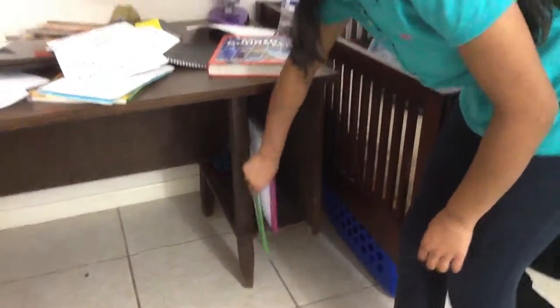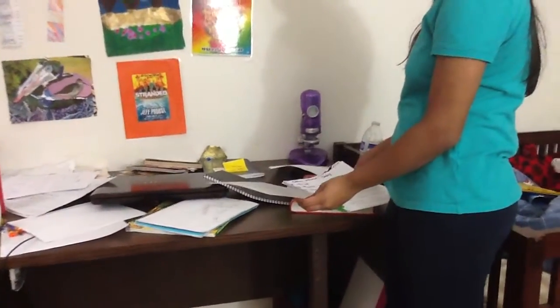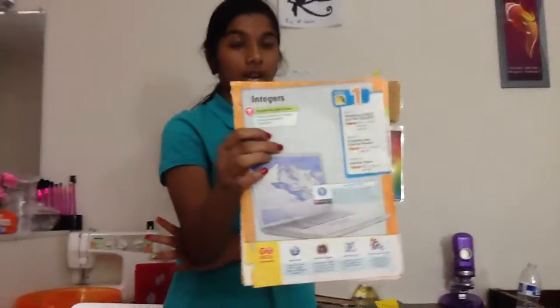And I'm going to take my green folder out so I can put my other science stuff that I found, and put it back in here and prop it up so it doesn't fall. Okay, now since I have all the main mess down, it may be easy sailing from here. So first I'm going to take the important stuff, like these worksheets that I got from school. I could use this as a study guide